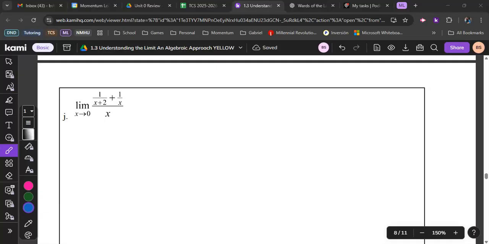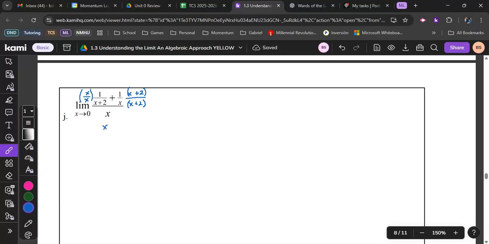Simplify that numerator, see if anything goes away, because obviously right now I'm dividing by 0. That means I'm going to need to multiply this fraction over here by x over x, and this one by x over 2, because that's how I'm going to get a common denominator. So that means that I'm going to take the limit